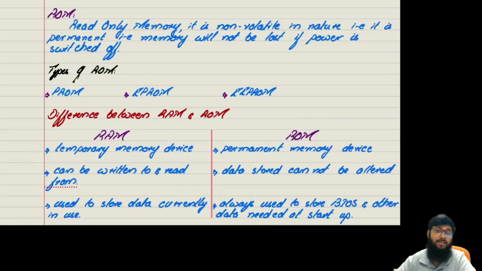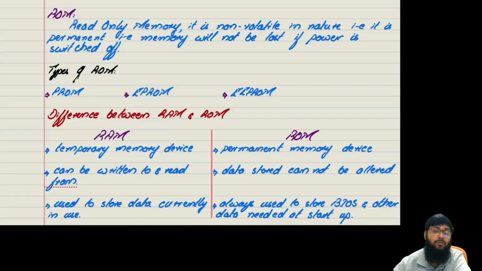In the last class, we discussed the types of memory and we discussed RAM, which is part of the primary memory. We discussed that it's volatile in nature. That means it is temporary, and anything that you store there will be lost as soon as you shut down the power. Now we're coming to the next topic for the primary memory,